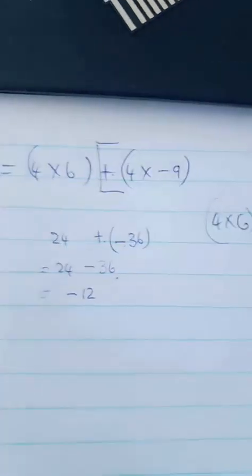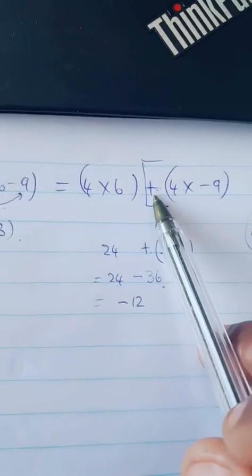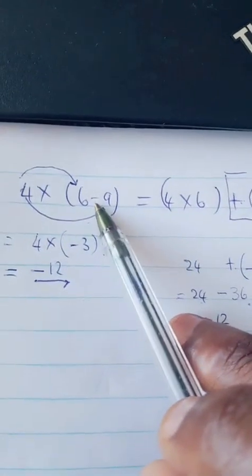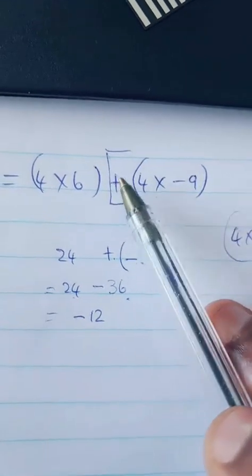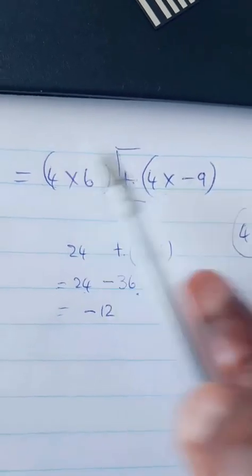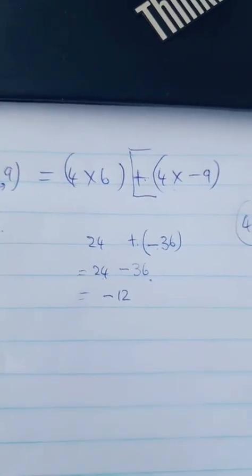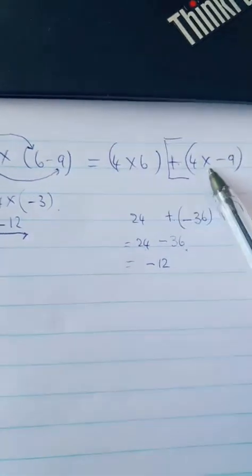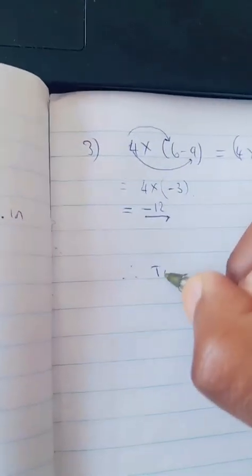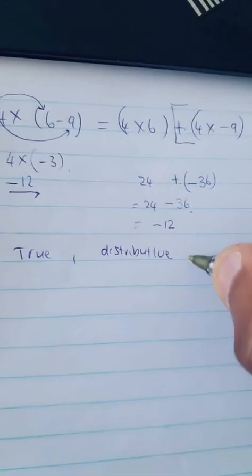I hope you guys can see this. So this is just a clever way of actually still using the distributive property over subtraction by making sure that you take the sign inside the bracket and then you leave a positive sign in between to separate the two brackets. All in all, guys, you actually do get the answer. So basically, like I said, this statement is equal to this statement. Therefore, if it's true, what type of property was used? The distributive property